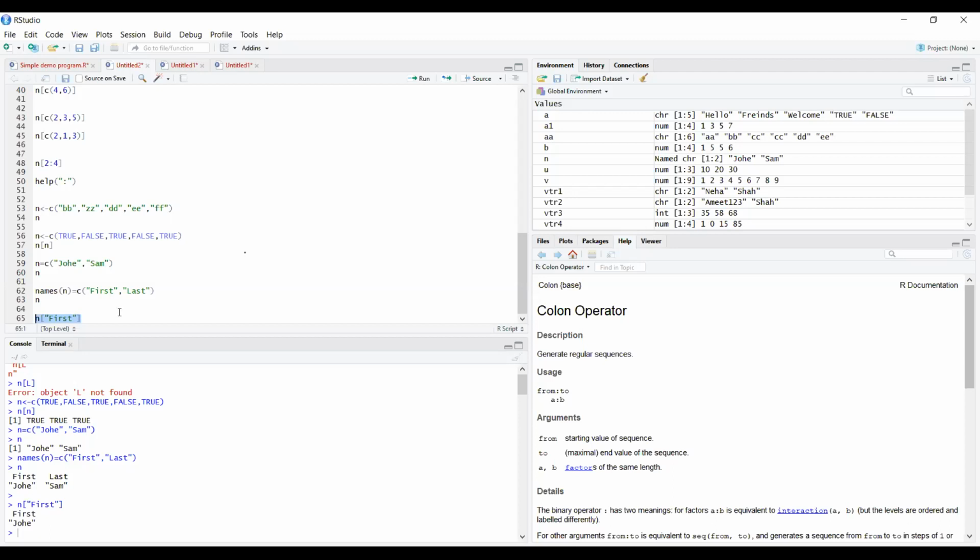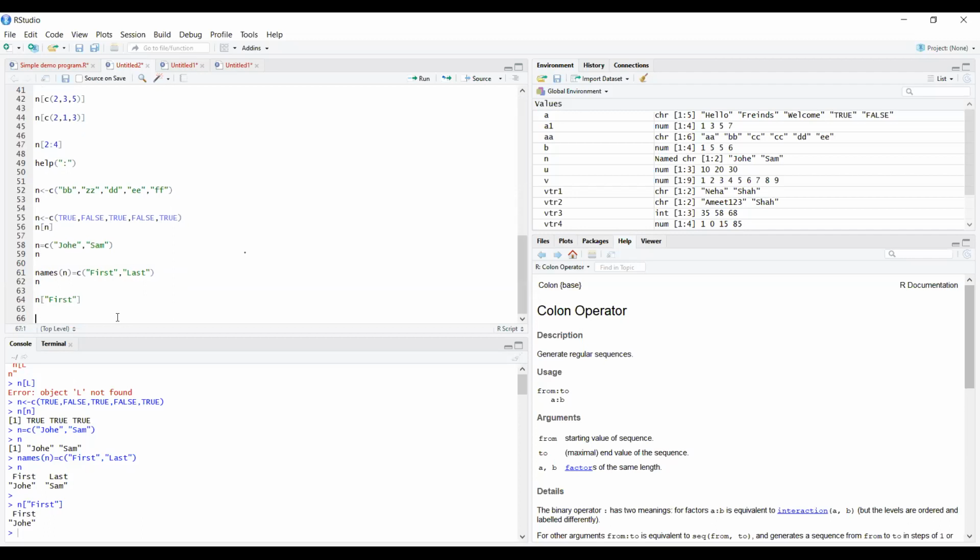Further, if you want to reverse the first name and last name of this particular person, what you have to do is n assignment operator c, and in the bracket, sorry, not a semicolon, parenthesis.